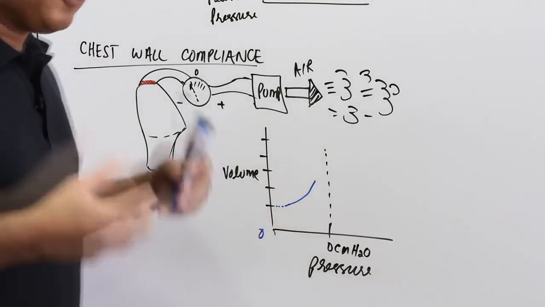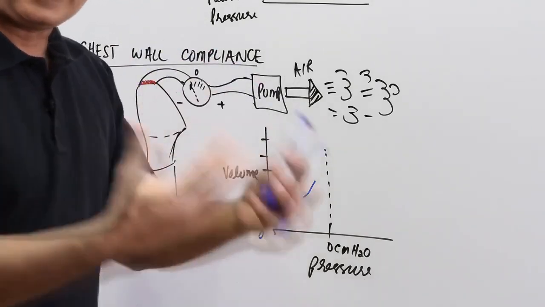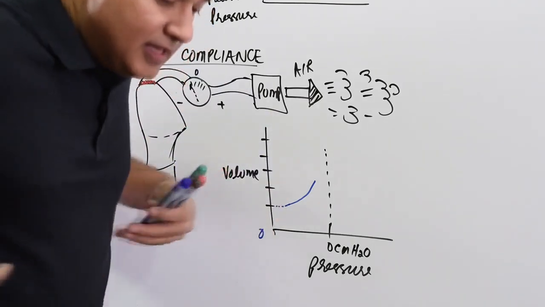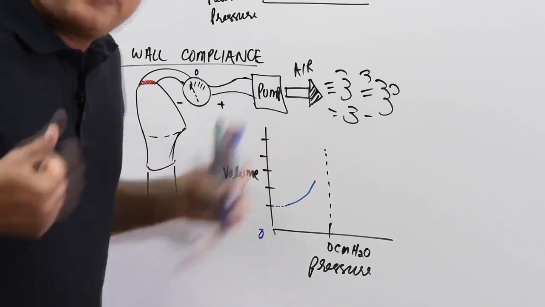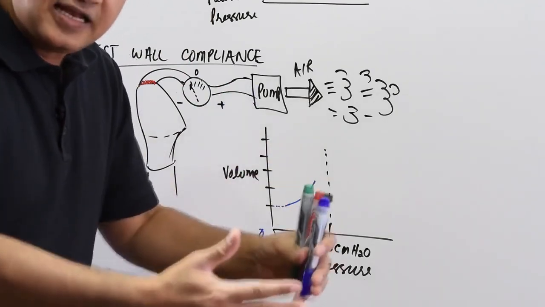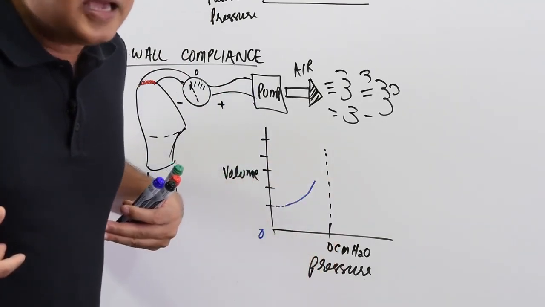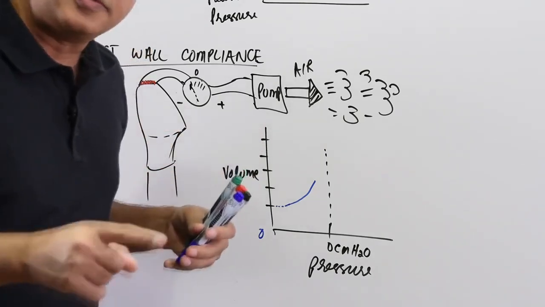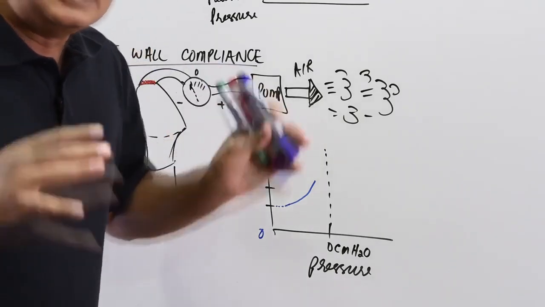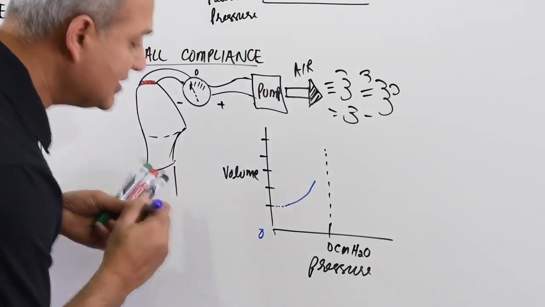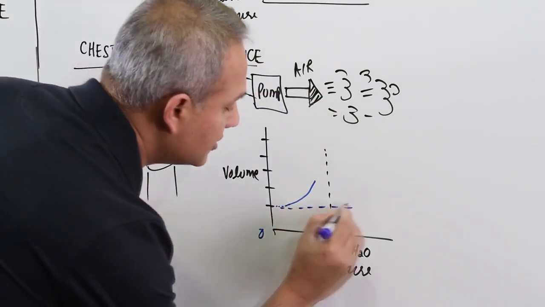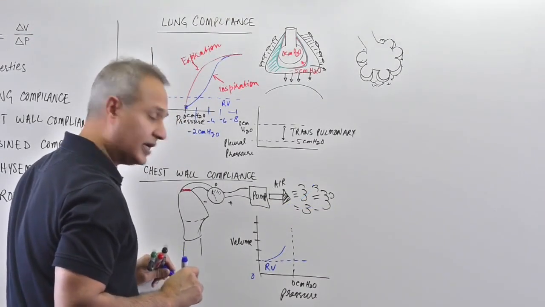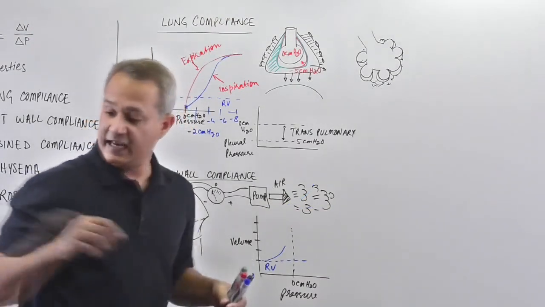This is the minimum you can do. And that is why, even in a normal person, when you ask them to exhale forcefully and as much as they can, there is a point after which, even if they continue, they can't exhale anymore, and there is still air in the lungs. That is the residual volume. That is because the chest cannot deflate any further, right? So this is the point of the residual volume. Now, if you start inflating it,